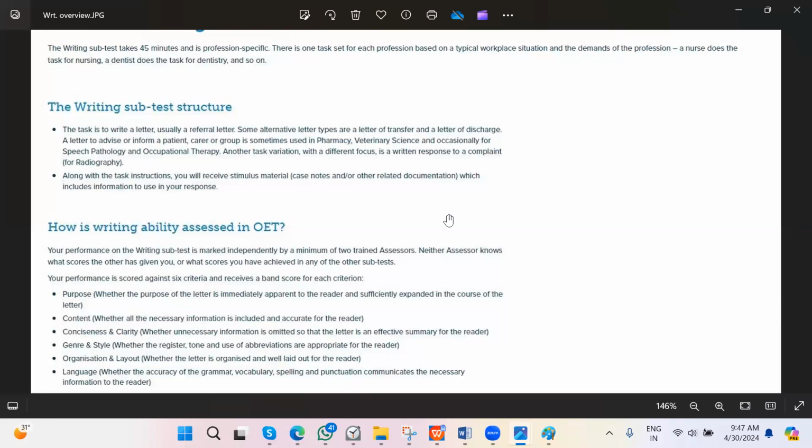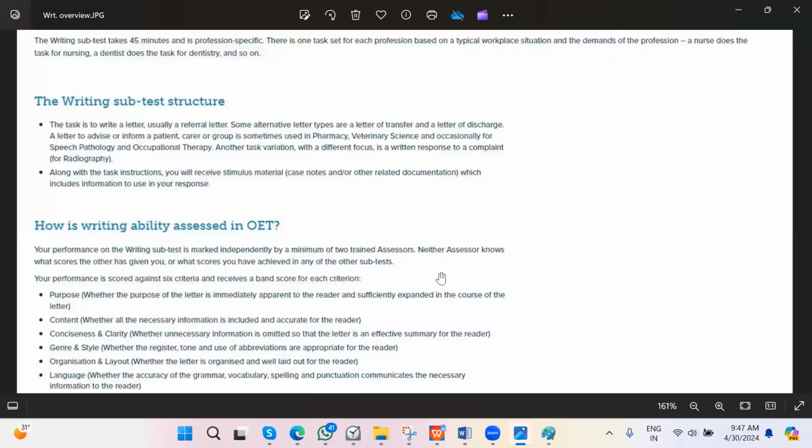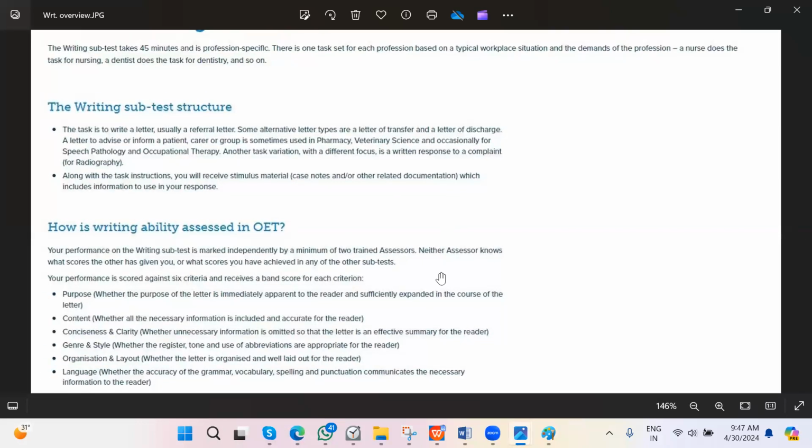In a similar fashion, when you're writing, you have to maintain the tone as well, right? You've got to be polite. Suppose you're requesting something, so you simply say that it is requested that Mr. ABC's vitals should be taken on a daily basis, like that. So you have to maintain it. And obviously, genre